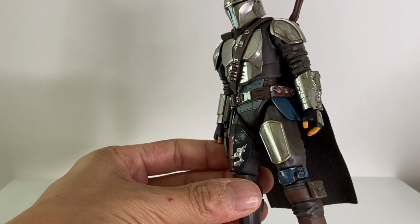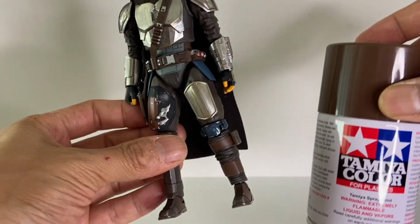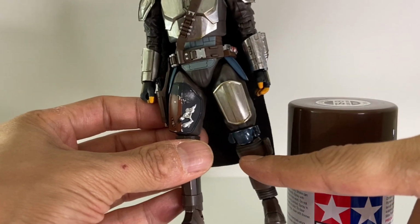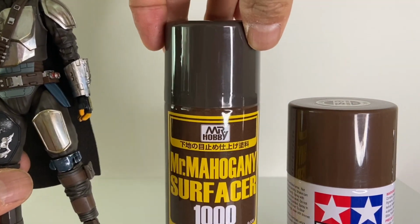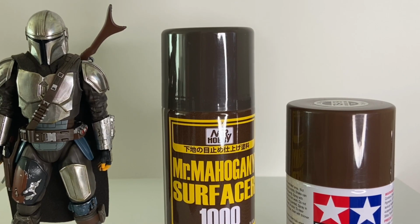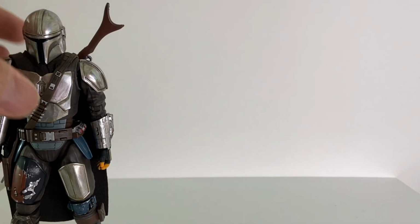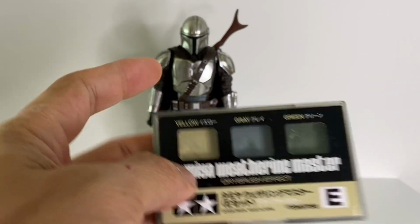I actually went in and painstakingly matched the colors for, this is the Tamiya spray paint TS69. This is for the lighter, redder finish. This is actually for the rest of the model kit undercoat, which is actually a primer. It's called Mr Hobby Mr Mahogany Surfacer 1000, and it works like a charm, and it has a matte finish. And then what I would do is use this weathering applicator,